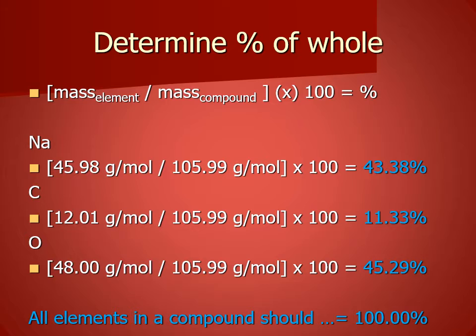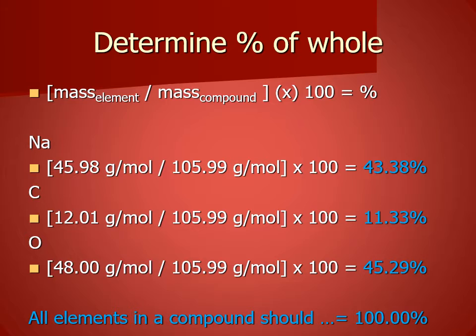Now, how do I know 4 sig figs? Because these are all to correct significant figures. Well, 4 significant figures divided by 5 significant figures gives me 4 significant figures for my answer when I'm dividing, and the multiplication doesn't really affect it. That just turns it into a percentage. Okay, then do the oxygen. Well, 48 grams divided by 105.99 grams times 100 equals